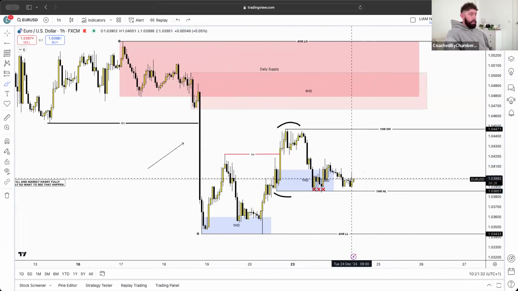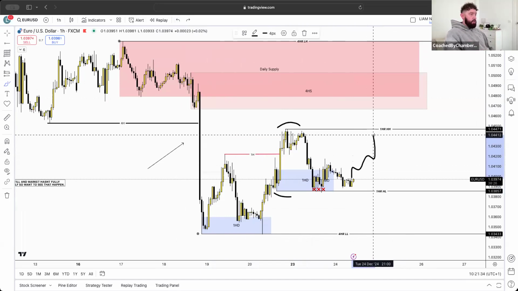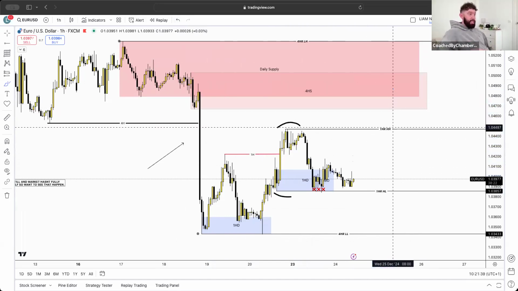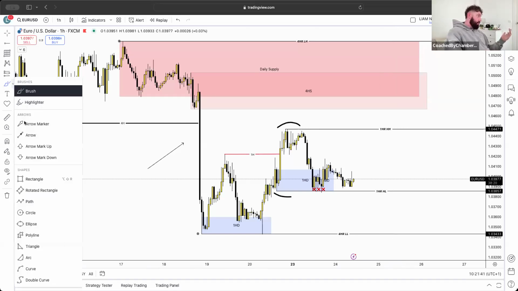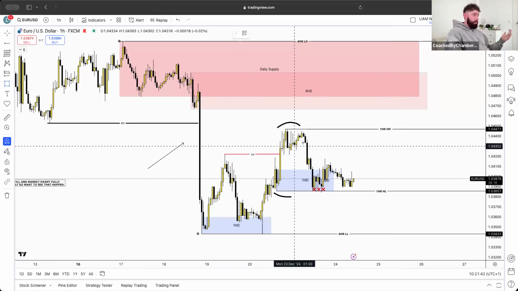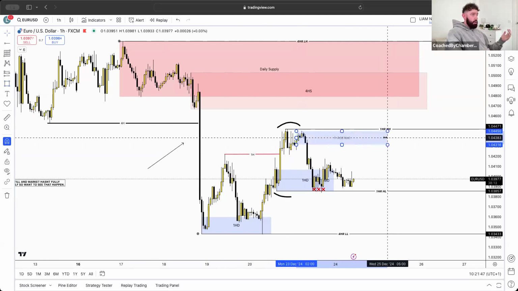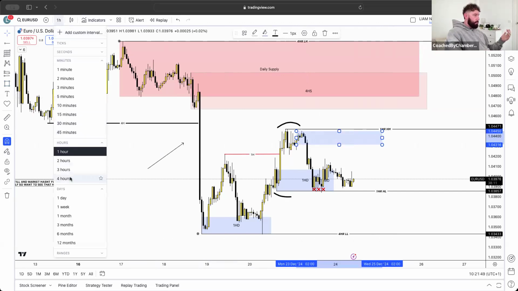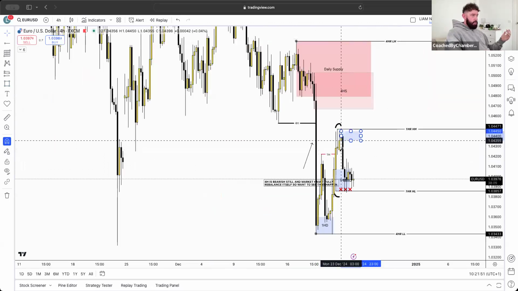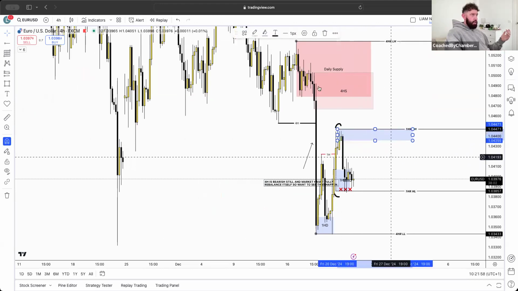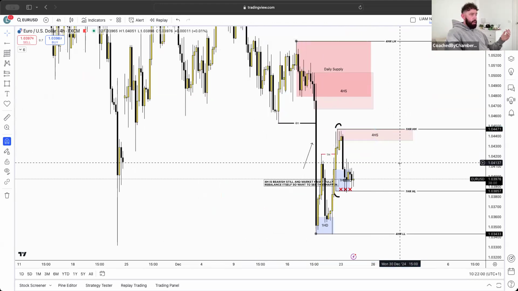But what we can do is, if we see a potential to get up here, which I doubt, we could just potentially react from this supply area here. We could react from anywhere between these. If you go to the 4 hour, it might be a bit clearer. Let's just say either these two or this one candle here. Let's refine it to this. So you'd probably see us react from this 4 hour supply area.